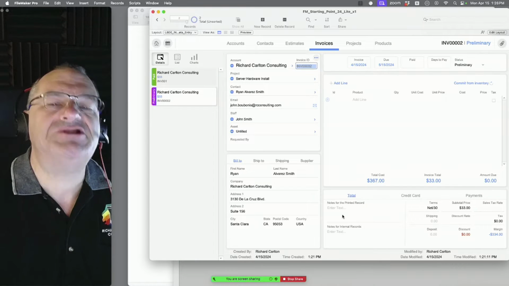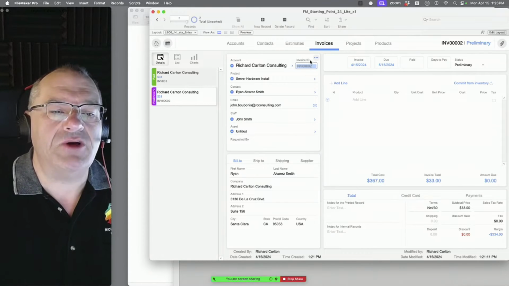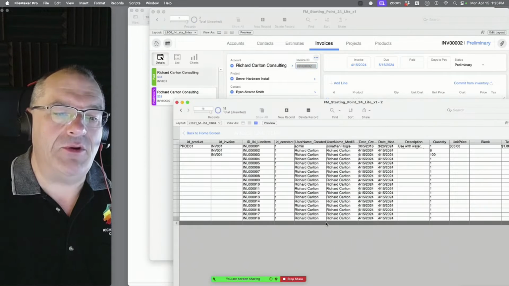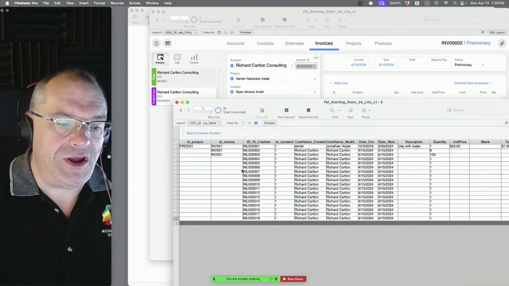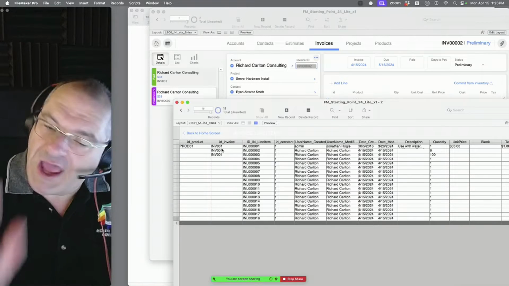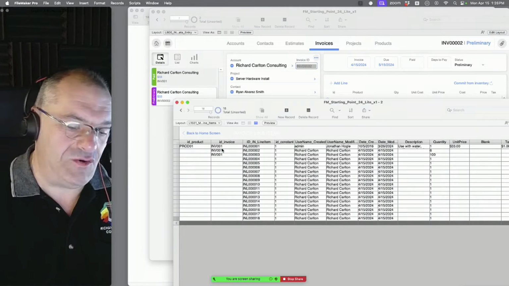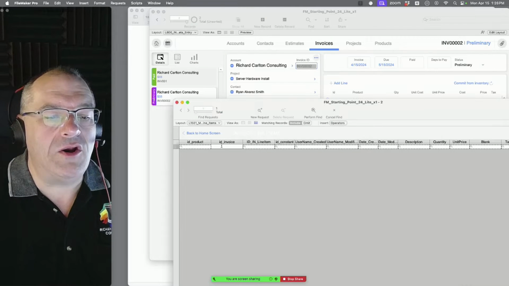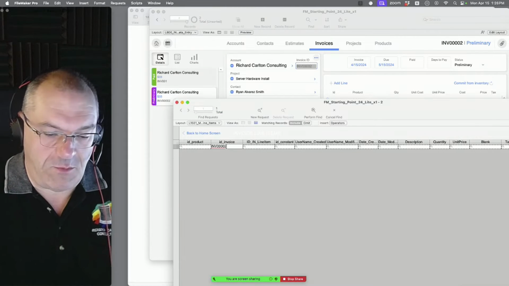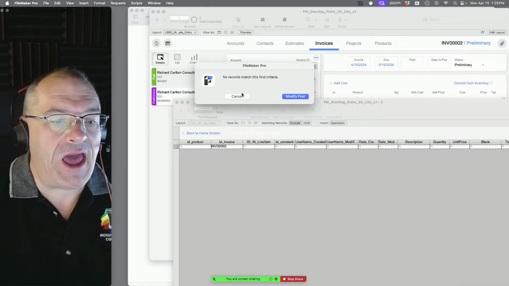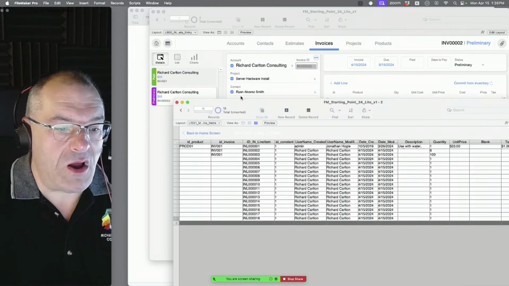How would it be over there? Just trust me, Stan. So I'm going to copy this value. I'm going to come over to this window over here and do a find, Command F, so enter find mode. Oh, Stan goes, I can do finds. I totally can do finds, okay? Stan's in sales, he doesn't do programming. Find. Go to the invoice ID field, paste in that number. No records match. That's not good. What's wrong?